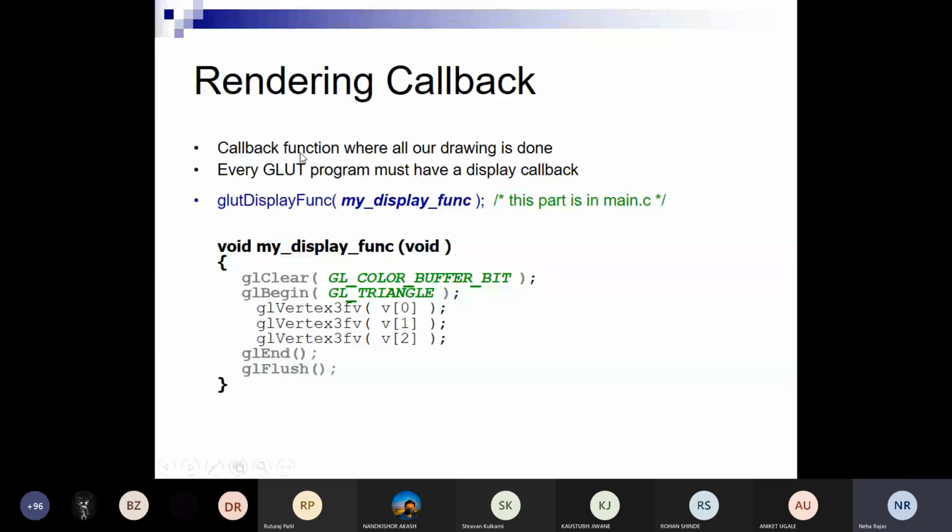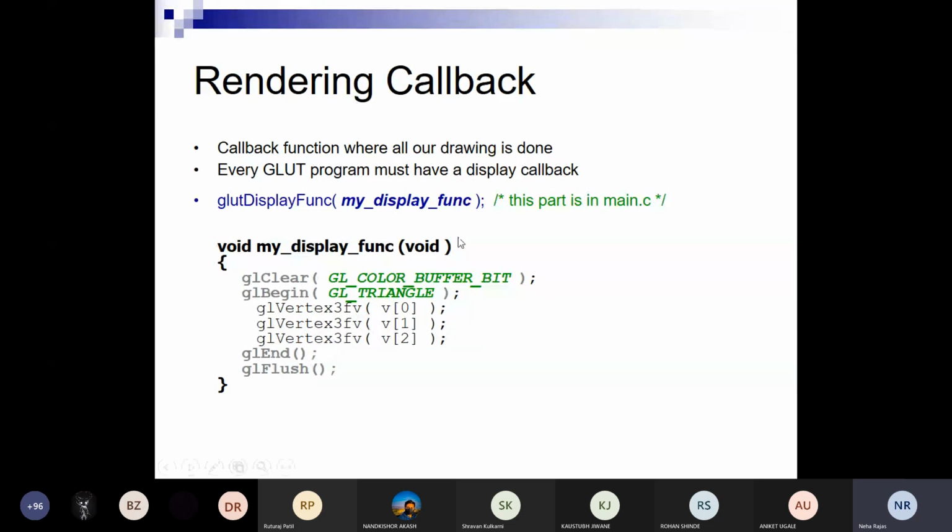Callback function where all our drawing is done. Every GLUT program must have a display callback. ये आपको अभी इतने अच्छे से समझ में नहीं आएगा because we have to do the practical sessions. When you are going to run it practically, then only you get to know how all these are working.